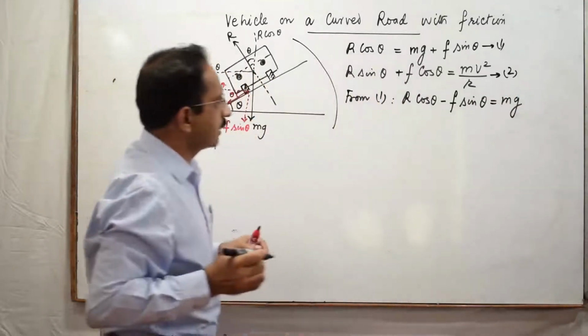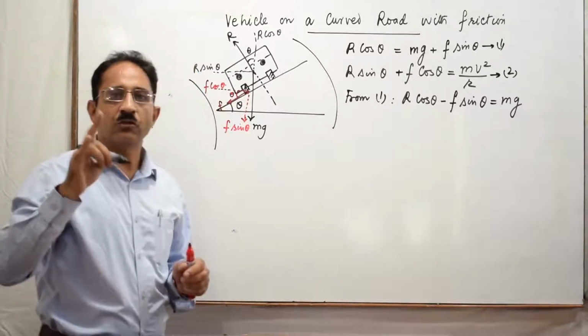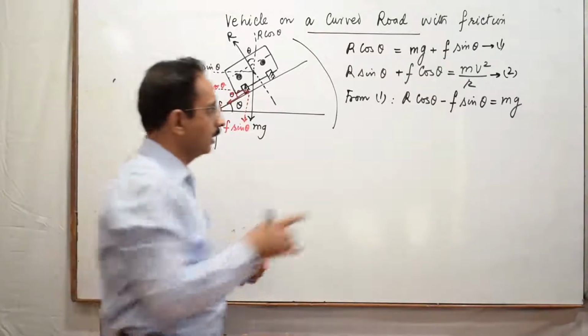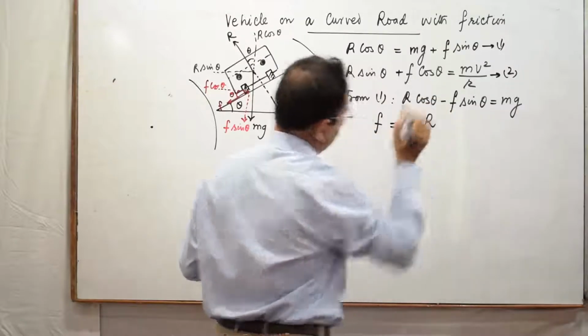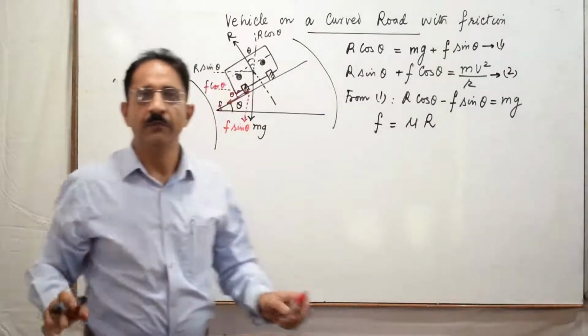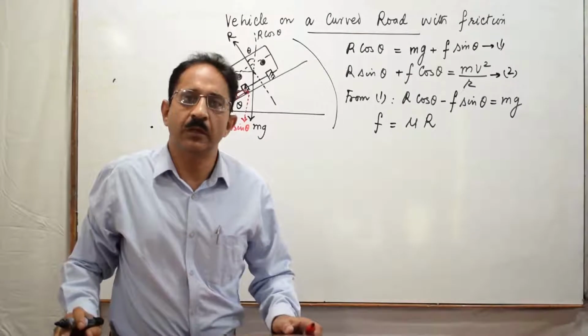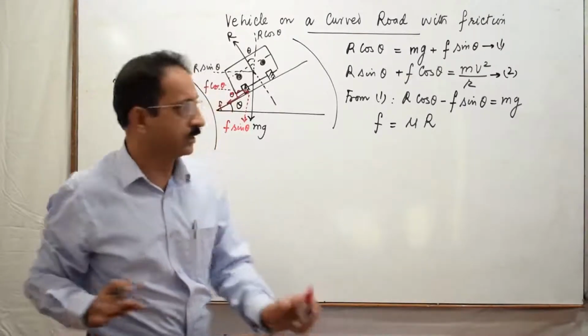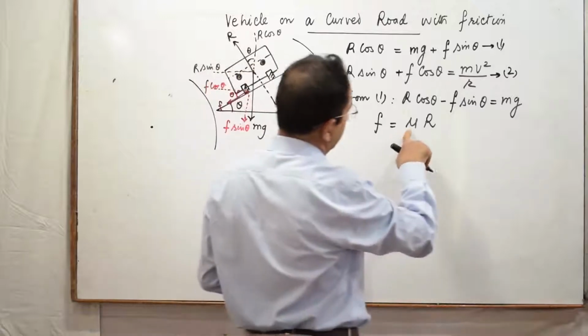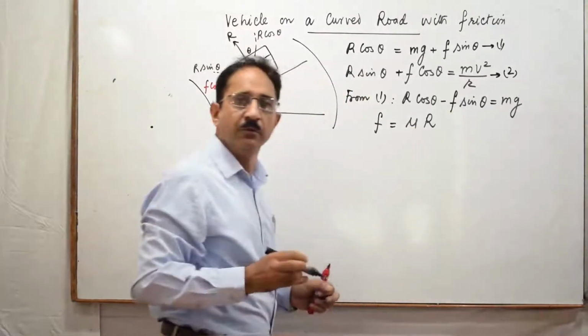F, you understand, is nothing. It is coefficient of friction multiplied to R. So this F, force of friction, is mu times R. And mu here will be that you have to think of motion taking place, and the coefficient of friction working between the tire and the road, that's the value of mu you will take here.